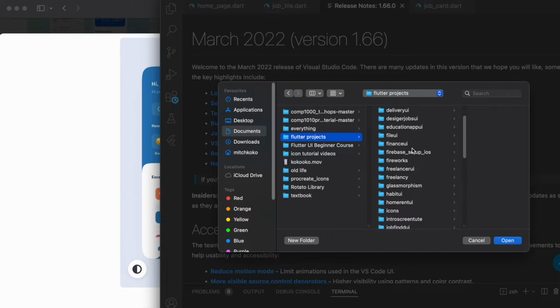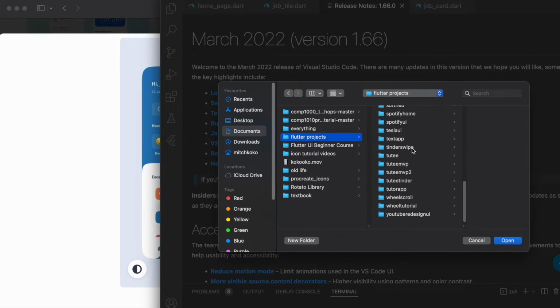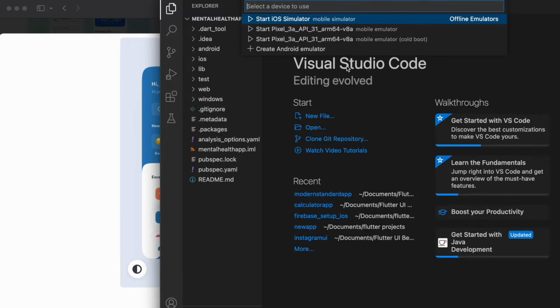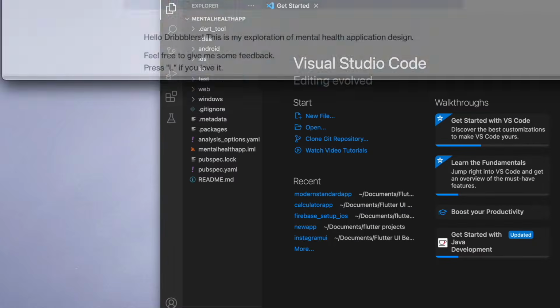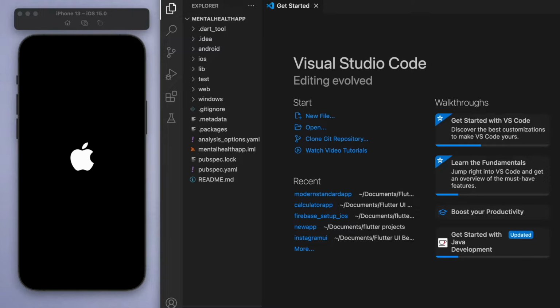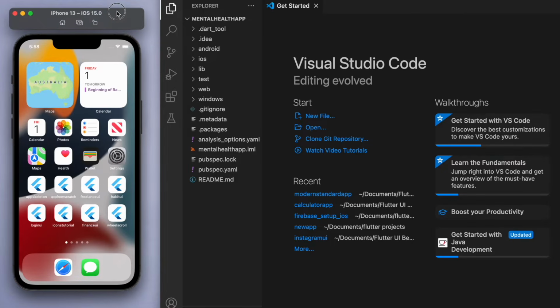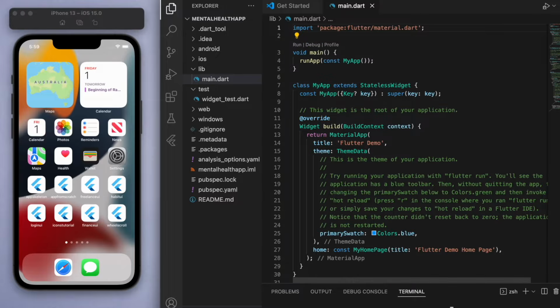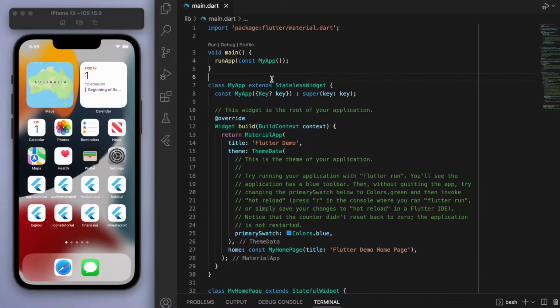I have so many apps. What did we call it? Mental health app. Cool, and let's just open this iOS simulator and put this on my new monitor here. And let's run this. Cool, so while that's loading,